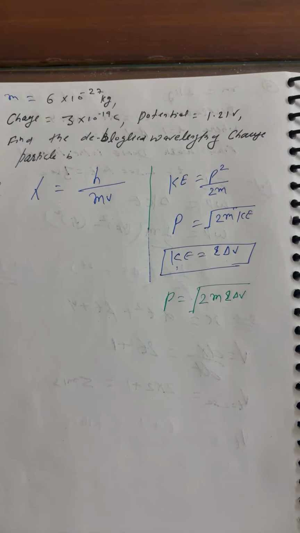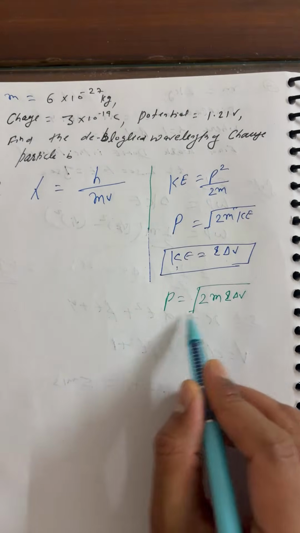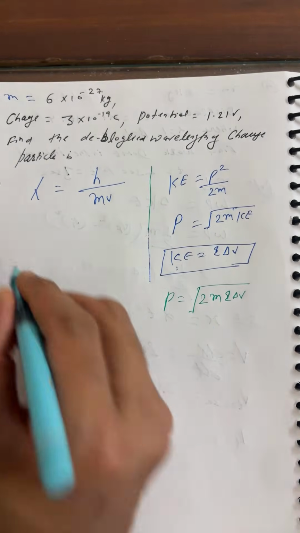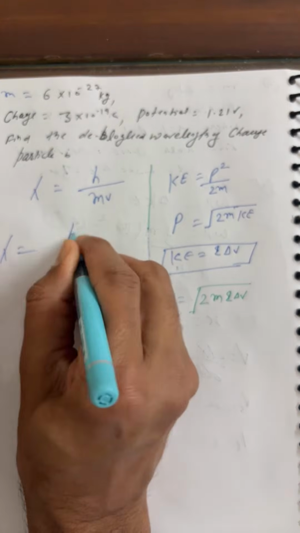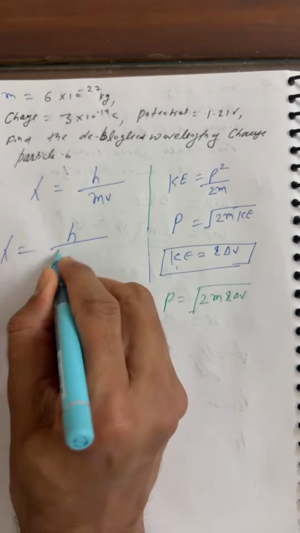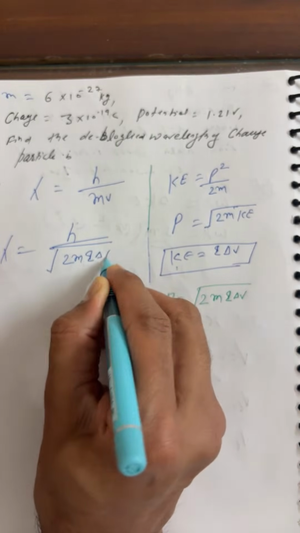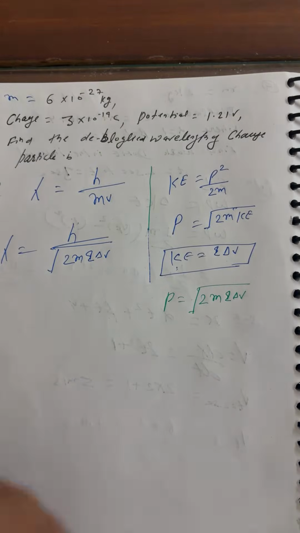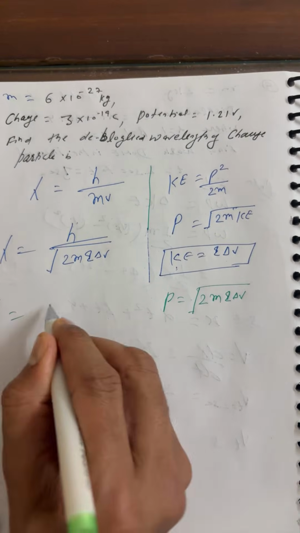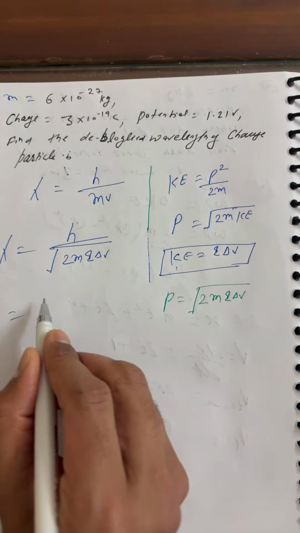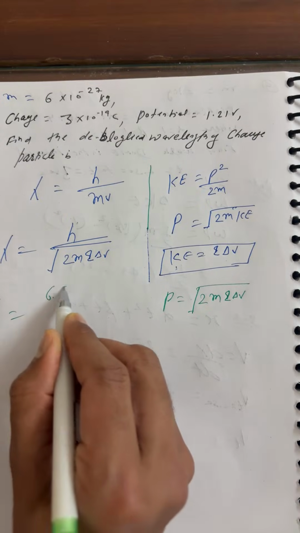I'm a little slow in chemistry here. Momentum is mv, right? So you can write lambda equals h by mv, where mv is root of 2mq into delta v, right, students? So lambda is h by that. Everything is mentioned for us, you can just read and we get the answer. H you can take